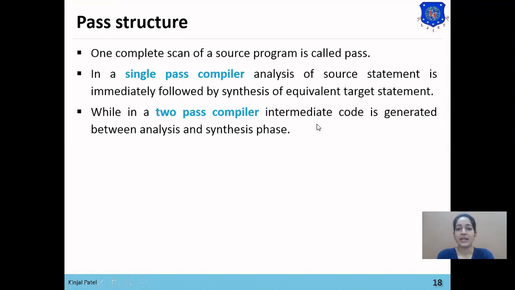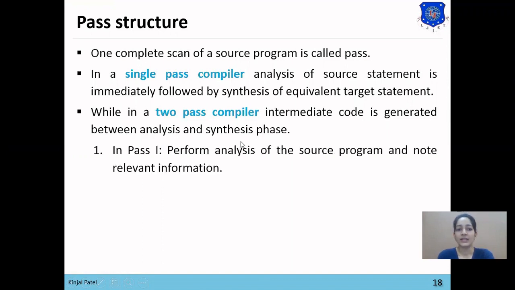In a 2-pass compiler, intermediate code is generated between the analysis and synthesis phases. It means the output of the analysis phase will be stored as intermediate code and that intermediate code will be passed to the synthesis phase. So it performs the compilation in 2 passes: it performs analysis of the source program and notes the relevant information.